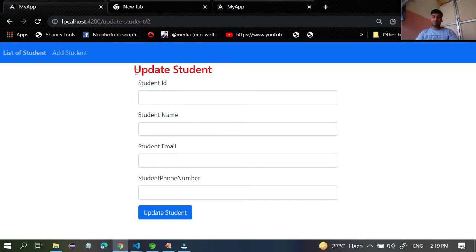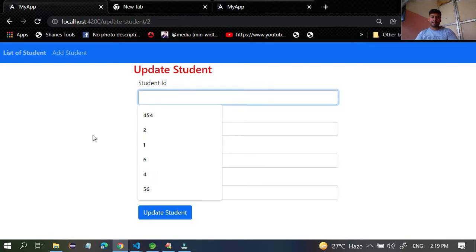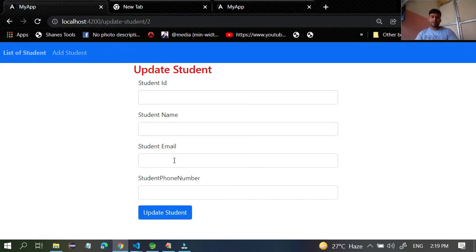Go to your application in your browser and click on any of the update buttons. You can see the form update student: SID, SNAME, email, phone numbers. But this is a blank form. It is an update form, so it should not be blank. You already have some data, so you have to populate it here in these text boxes, and once the user modifies it based on requirement, you have to store that data in the database again.